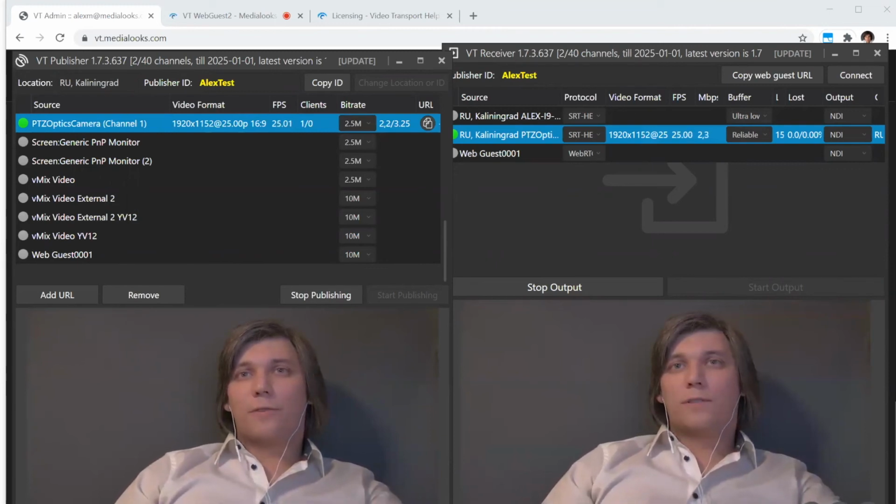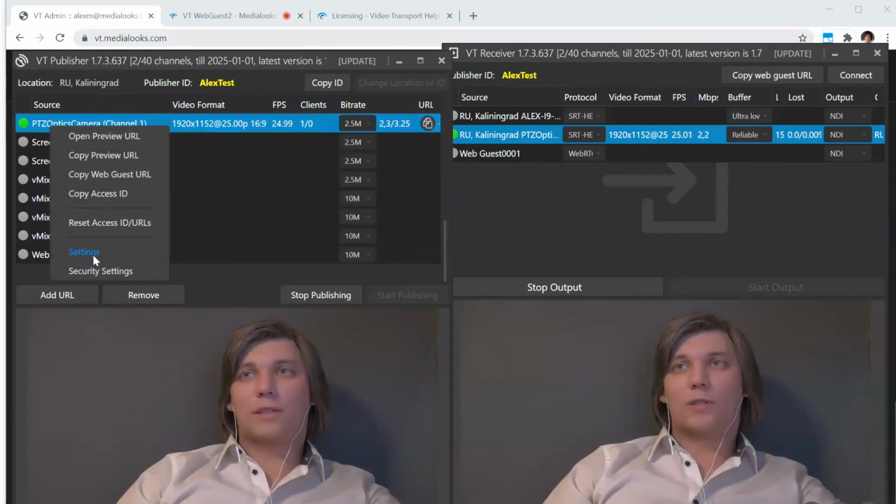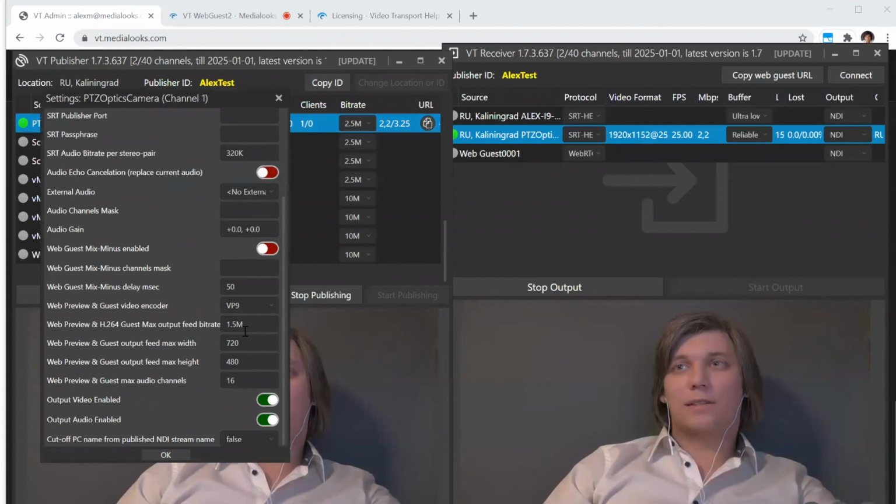What is the difference between the bit rate in the pull down and the one in the settings menu? I believe the question is regarding the bit rate you see here and the one which is set inside the settings tab here. The difference is that the one which is at the main window is related to our SRT connection between VT publisher and VT receiver. So we're basically setting the bit rate for those